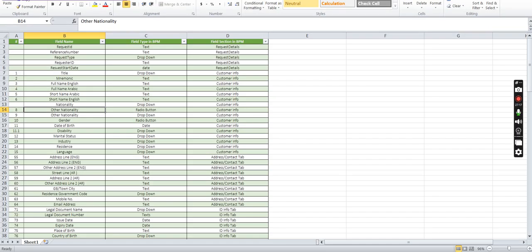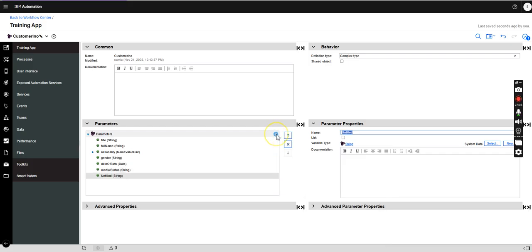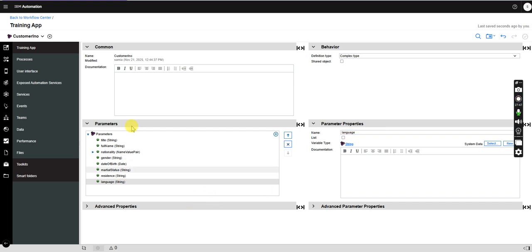We can even hard code male, female. There are two genders. We can hard code those in our UI, and the picked values can be stored in a string. So let's not make it a drop down. Industry, residence, language. Okay, let's put all these. Residence, and language. I'm skipping industry. Okay, so this is a short customer info object that we have,